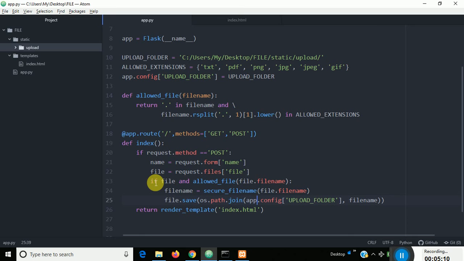Now we have to put this in a database. So I'll create cur, that is cursor, equals to mysql db dot cursor.